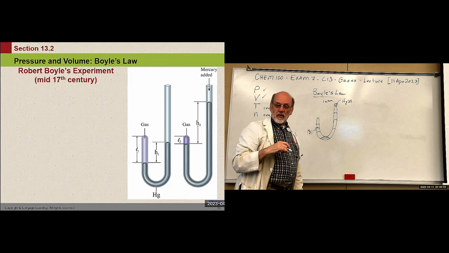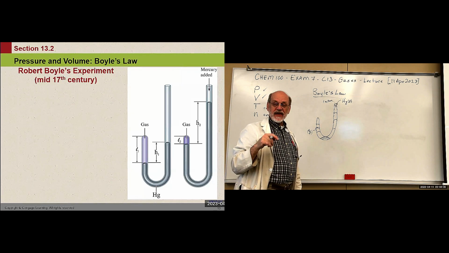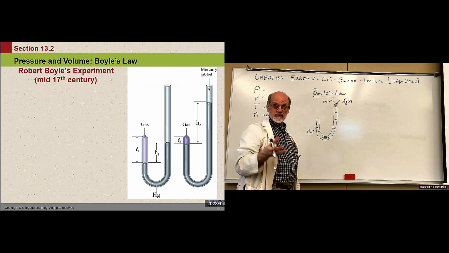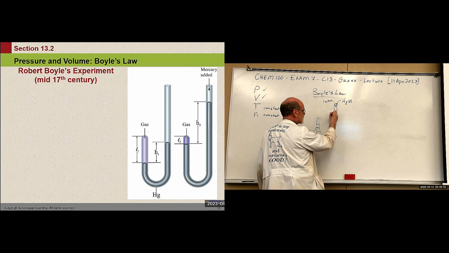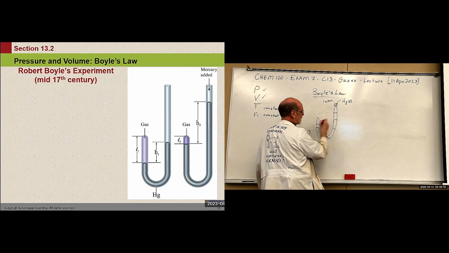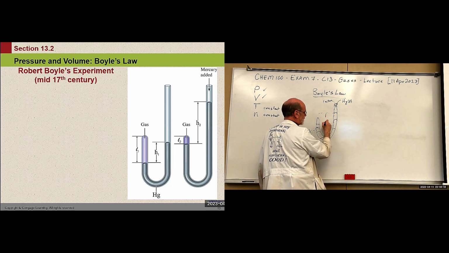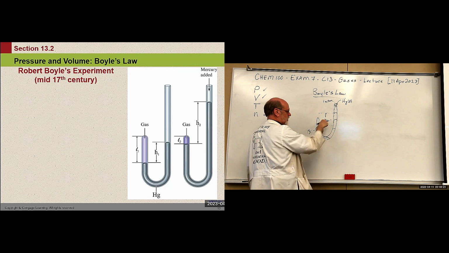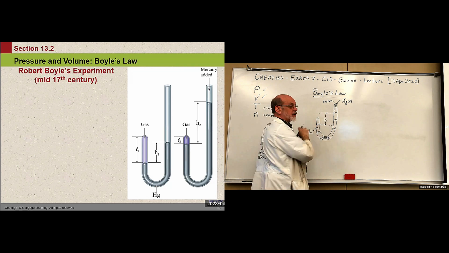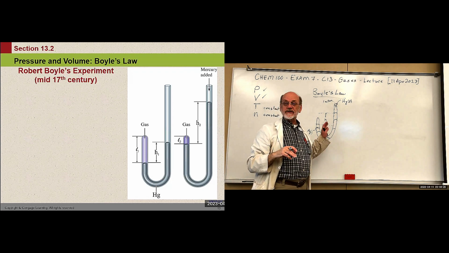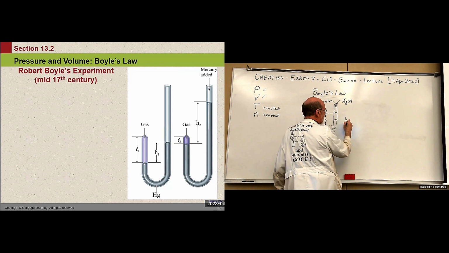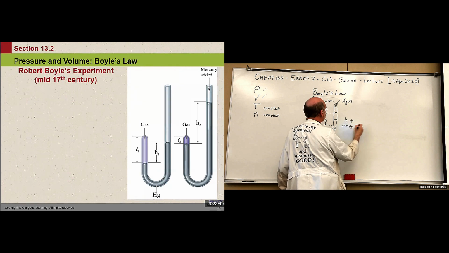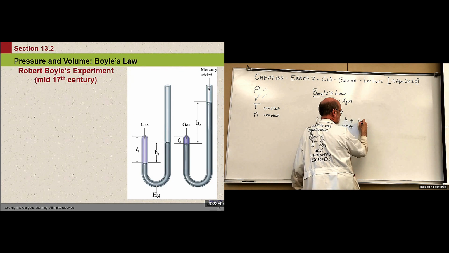So what is the actual pressure on the gas in terms of millimeters of mercury? Well, this level here versus this level here. So he had a height of the mercury here. The difference there is the mercury pressure on the gas. But what else is pressured on the gas? Atmospheric pressure. So we had to take H, and this is in millimeters of mercury, and add 1 atmosphere